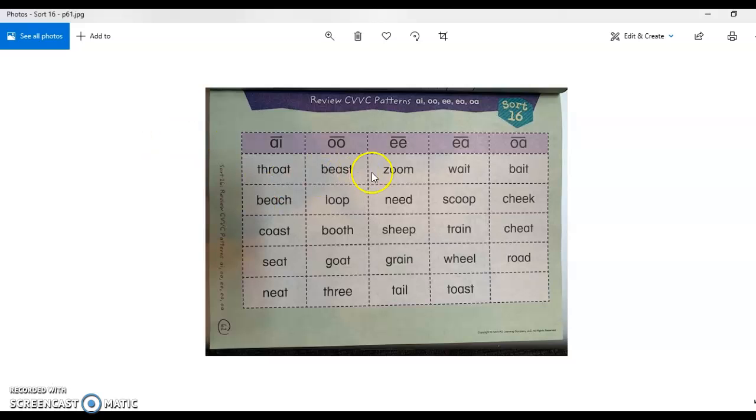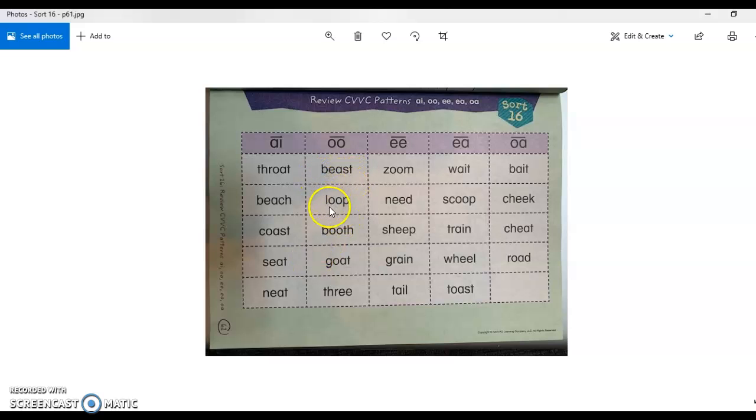So you can see we've got numerous words to sort here. I'll go ahead and just read them to you. You'll also notice that they're building in some blends practice and things like that, that you may not even recognize that you're doing, but as you practice sounding out these words out loud with your mouth, you are getting practice reading those blends. Like for example, in this very first word, we've got a 3-letter consonant blend. So we've got throat, beach, coast, seat, neat,